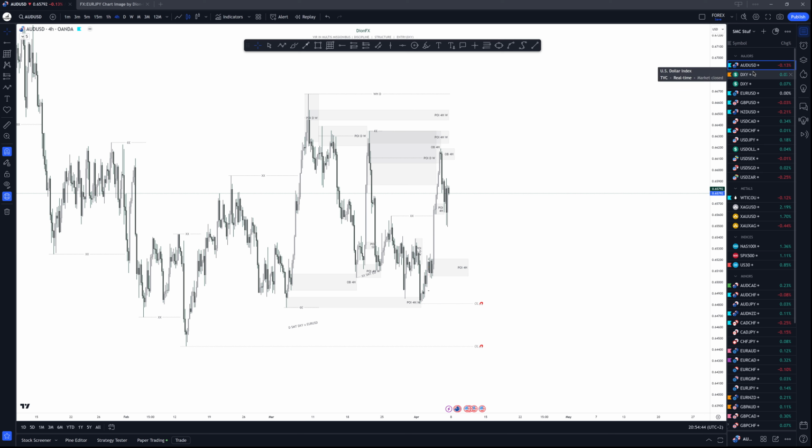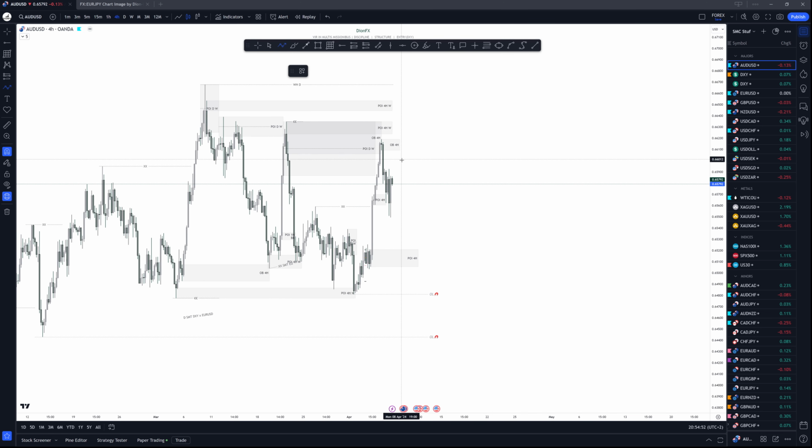For AUDUSD it's also similar, but going into next week, I will ignore AUDUSD and trade the other pairs. If you trade AUDUSD, what we can expect is similar to EURUSD. We can expect price to come around this level, and then from there look to sell it to these levels, then from here look to buy it one more time to the upside, to target this week right here or this week right here.